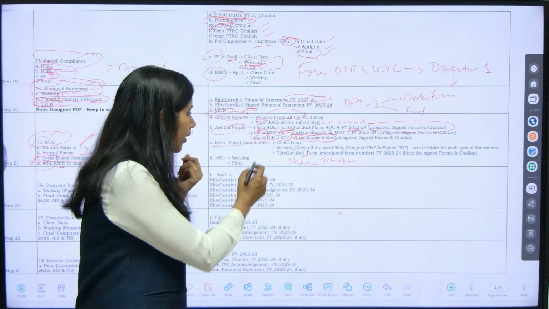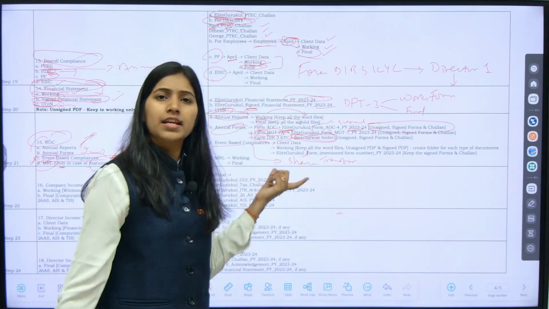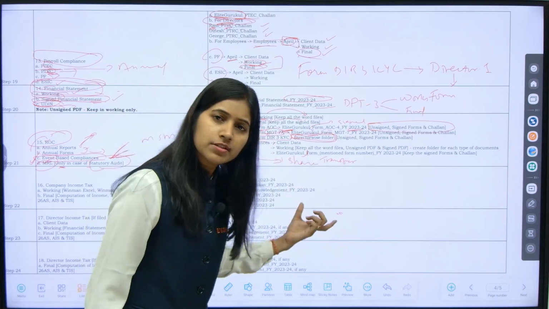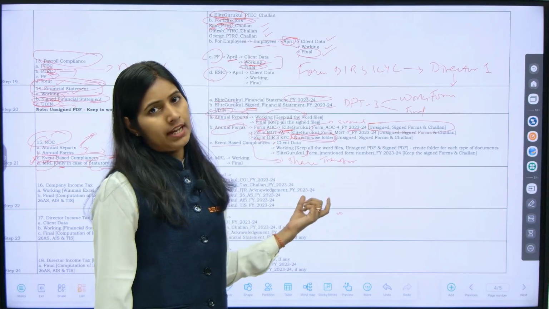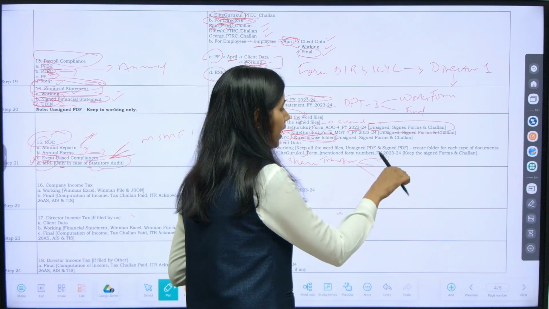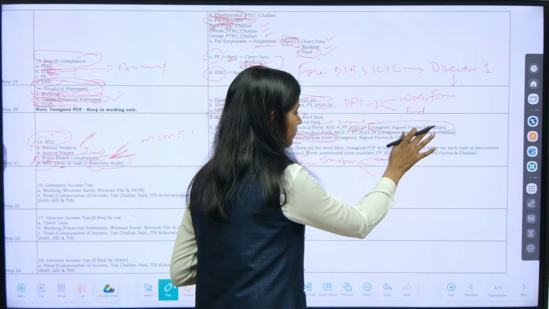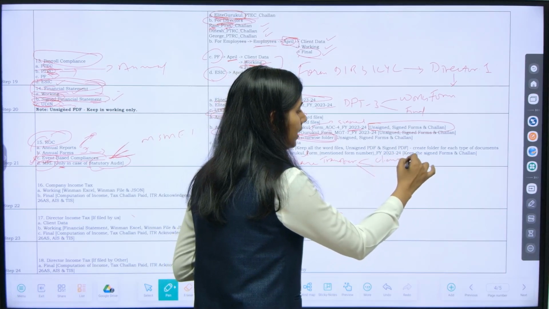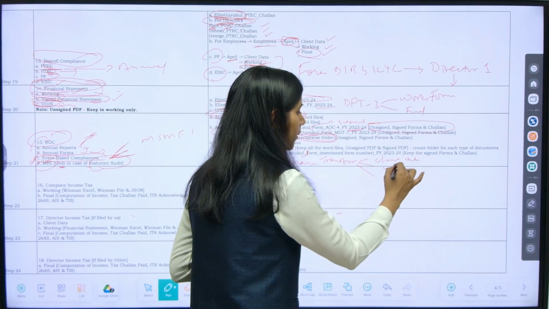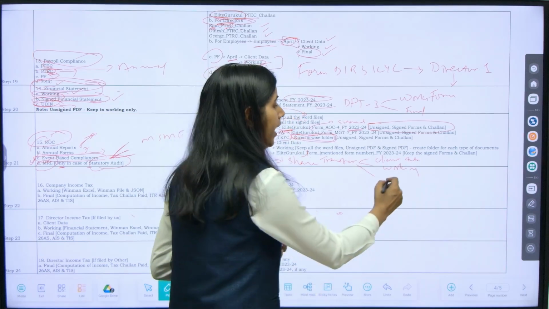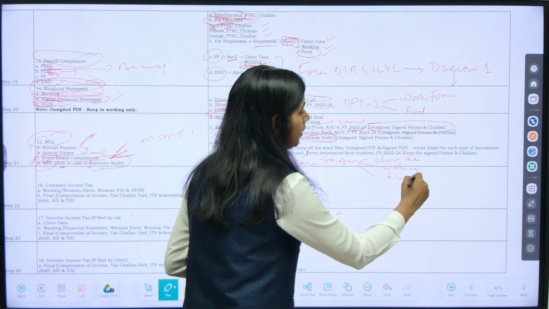After going into event based compliance, I can see the first transaction or first event that has taken place during the year is share transfer. Under share transfer, I am supposed to create three folders: client data, working, because you will do certain workings and prepare certain documents, and then comes the final data.